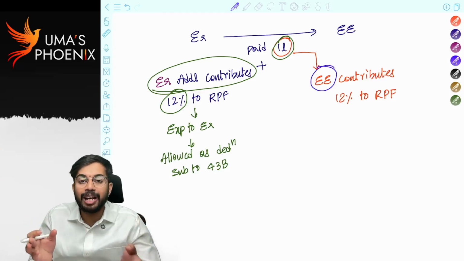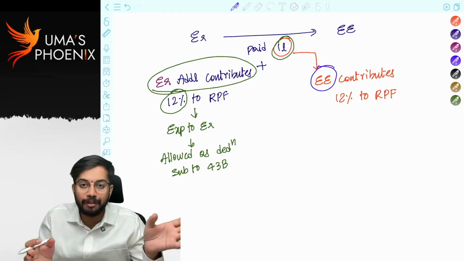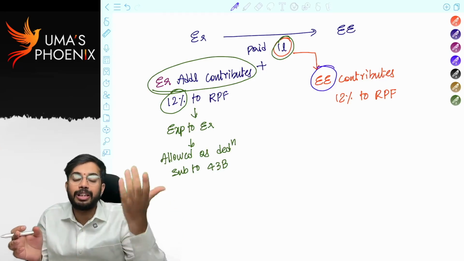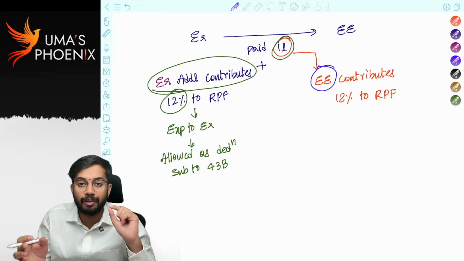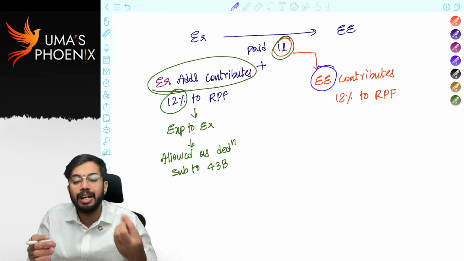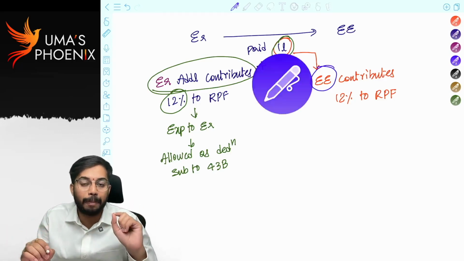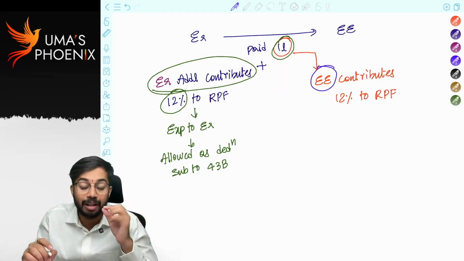No. If every employee has to pay to recognized provident fund, then EPF has to give notice to every employee to deposit 12% to recognized provident fund. Otherwise, employees will take money, they will eat biryani, they will spend off the expenditure. They will not deposit money in recognized provident fund. So what did recognized provident fund say?